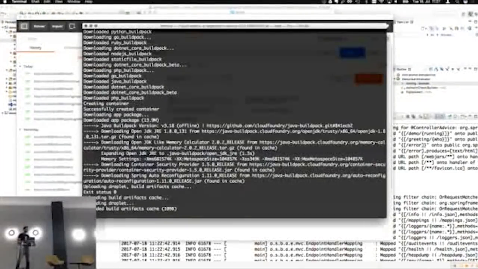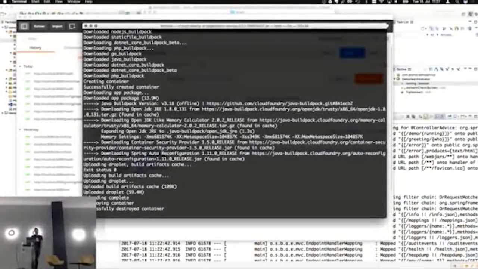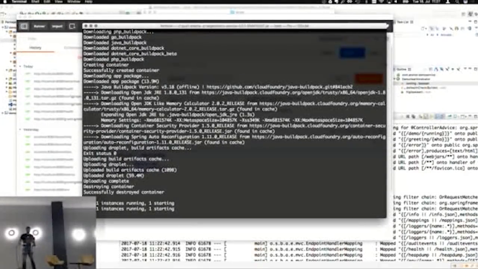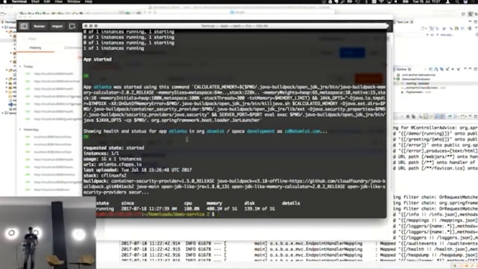Then you see the build pack kicking in. It's an awful lot of infrastructure output that you see there that Cloud Foundry needs to get your application up and running. There's a little bit of auto configuration happening there, so they're injecting something into your application. That's this, where is it? Spring auto configuration. So if you're using services that come with Cloud Foundry, that becomes really interesting. They're injecting environment properties into your container, into your application. All right, looks like this is happening now.